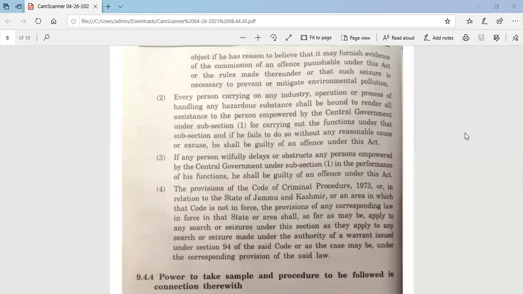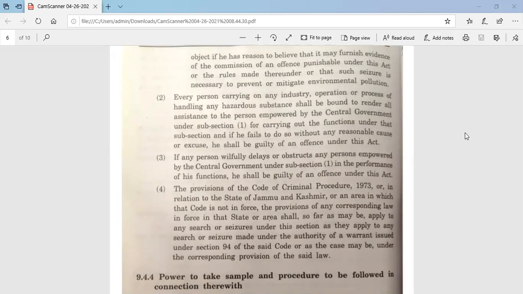Second, every person carrying on any industry operation or the process of handling any hazardous substance shall be bound to render all assistance to the person empowered by the central government under subsection 1 for carrying out the functions under that subsection. And if he fails to do so without any reasonable cause or excuse, he shall be guilty of an offense